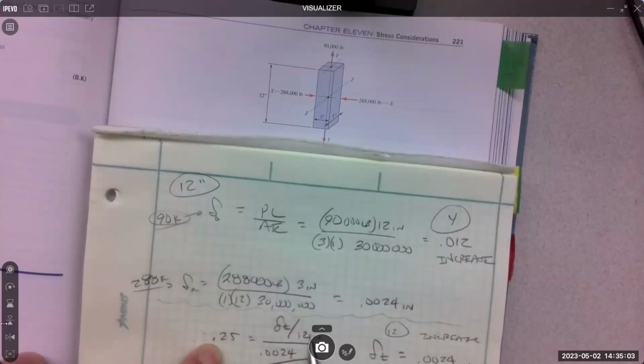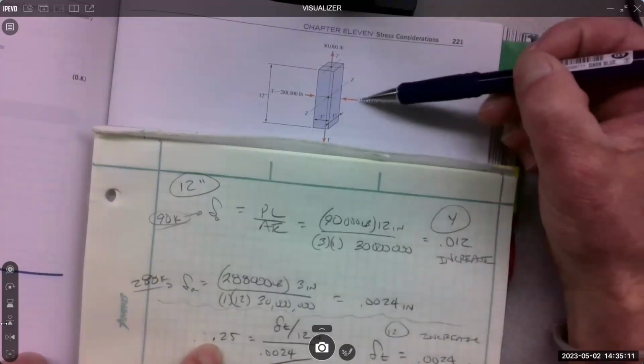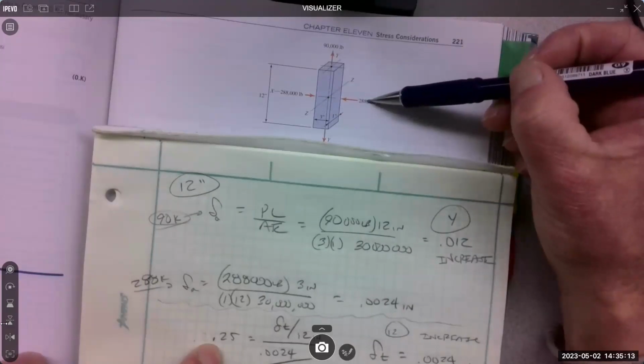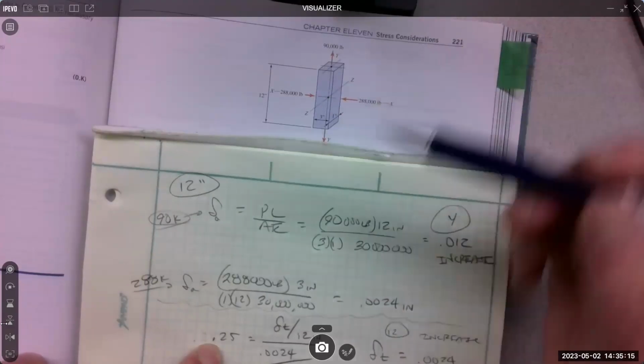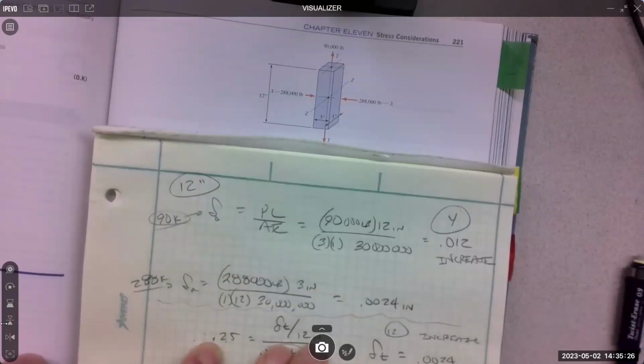This is transverse, this is axial. So there's my 0.0024 going in, and the original length of this 3 inches, the axial for the 288. Once that's done, you just take this number and multiply it into that, and that becomes equal to this. So the 12 gets multiplied over. And when you do all that,